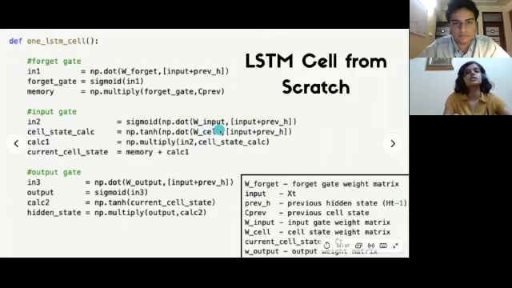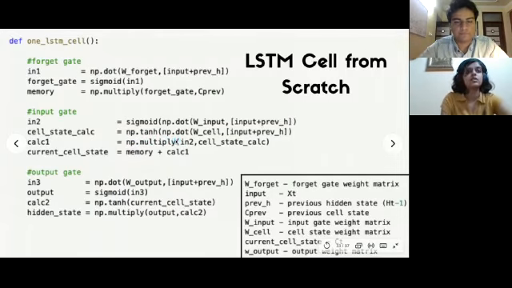So what makes these gates different is the fact that they multiply to their respective weight matrices. So I hope you understand what's happening here. And this whole thing is passed through the sigmoid function for the probability. Then we pass the same combination multiplied by the cell state weight matrix, you can see that there, and pass it through the tanh activation function. So when these both values, the in2 variable and the cell state calc, get multiplied, we basically get the part that needs to be added to the pre-existing cell state.